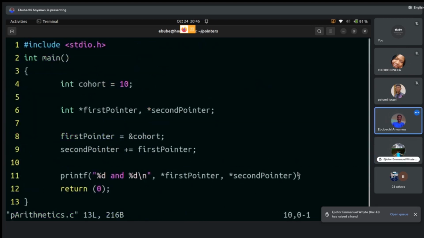All right. So basically, most of us understood what happened here. We have